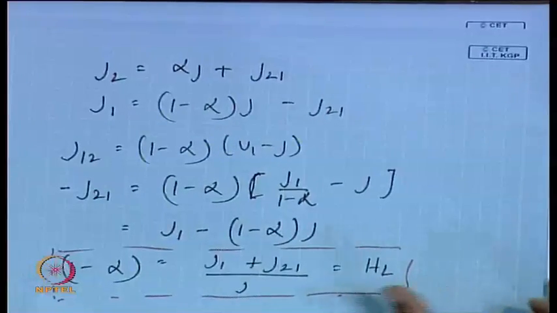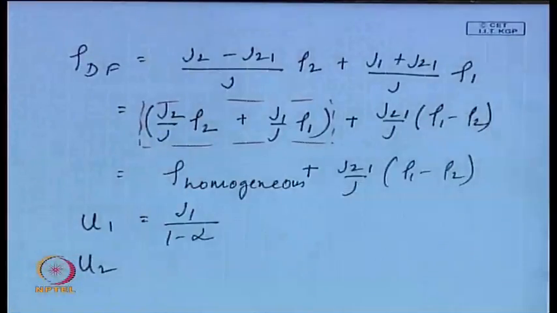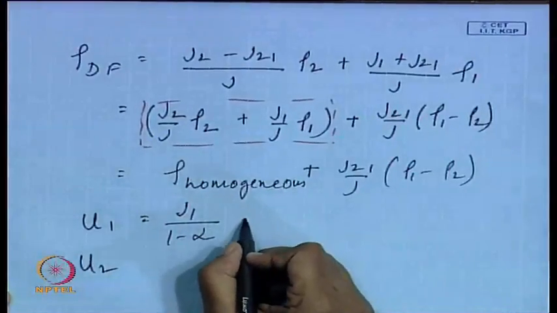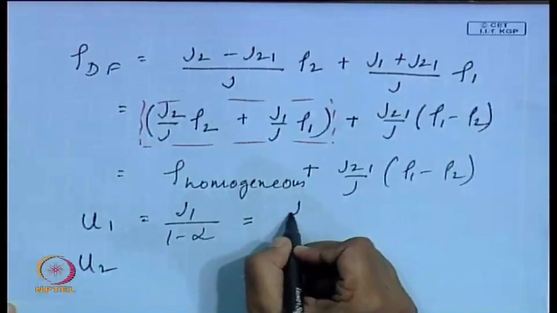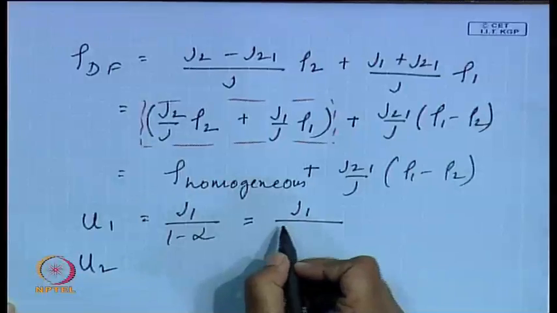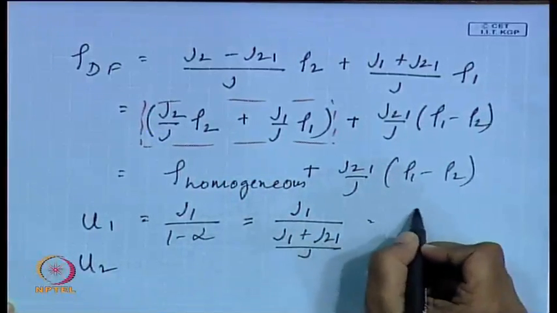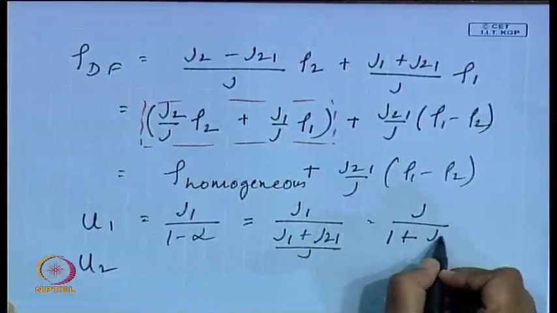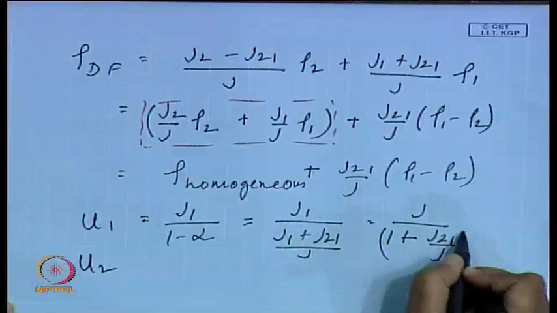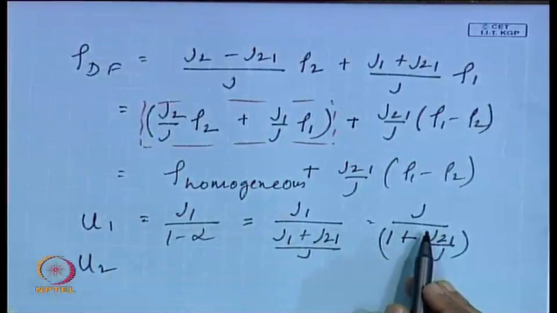Okay. So, you can substitute this particular expression and then you can find out what is the value of u1 in this particular case. Just do it and tell me what is the expression that you are getting. This should be j1 by j1 plus j21 by j, or in other words this is j1 by j by 1 plus j21 by j, yes or no. So, therefore, we know that for the homogeneous flow theory u1 would have been equal to j,